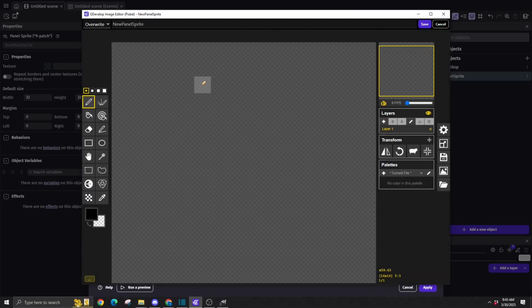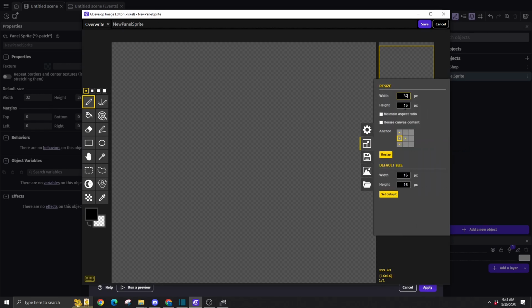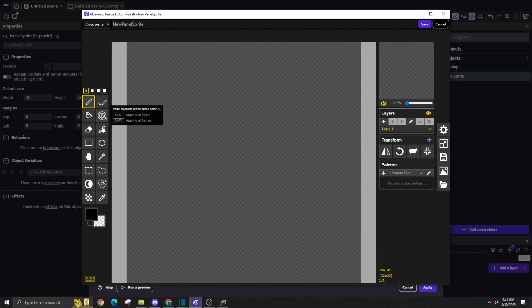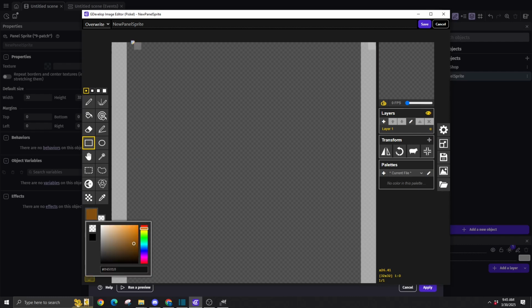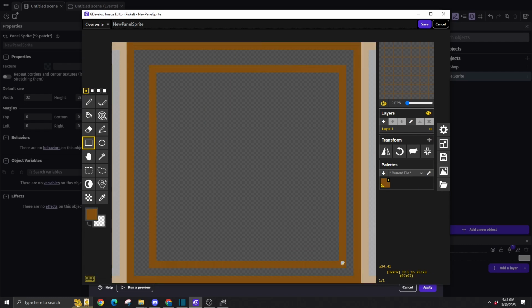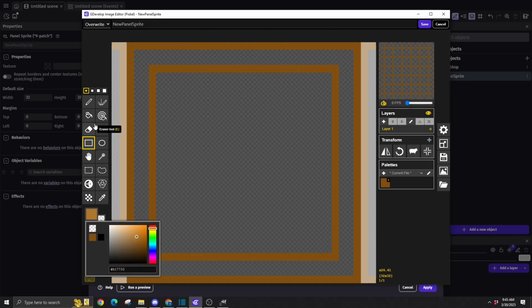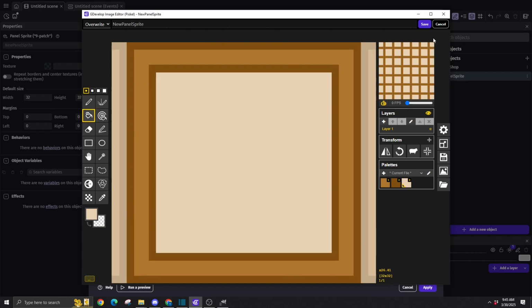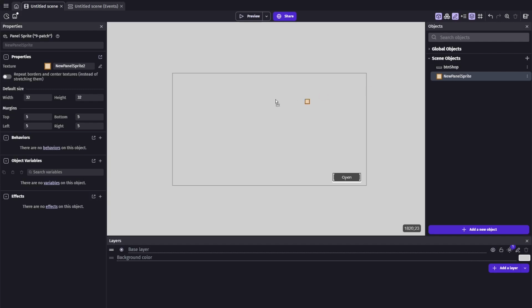Then I'm going to make sure my image matches that 32 by 32. And since I use 5 for the margins, this means I have 5 pixels to work with for the border. And the rest is going to be a plain background, which just gets repeated. Now once it's saved, I can go ahead and drop it on my scene and then drag it out to